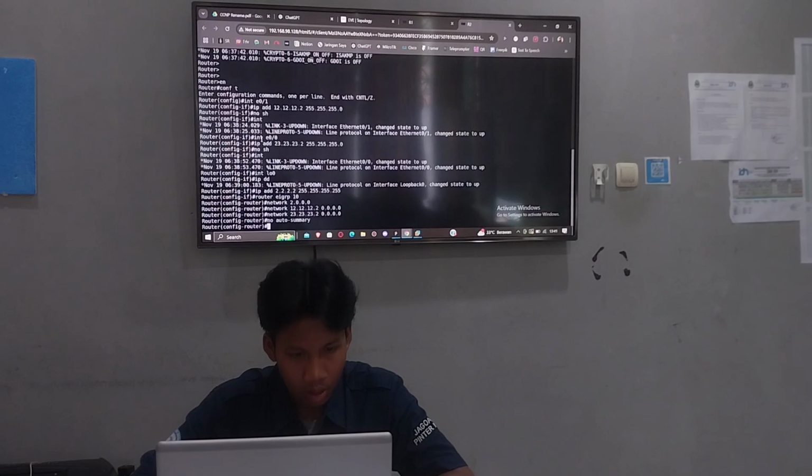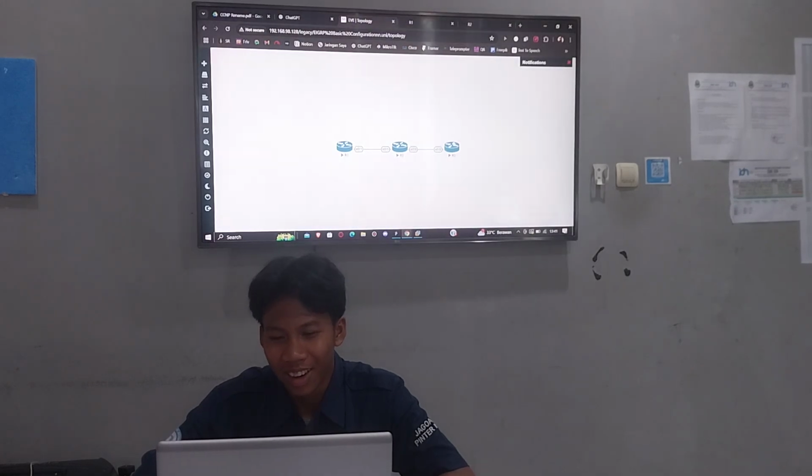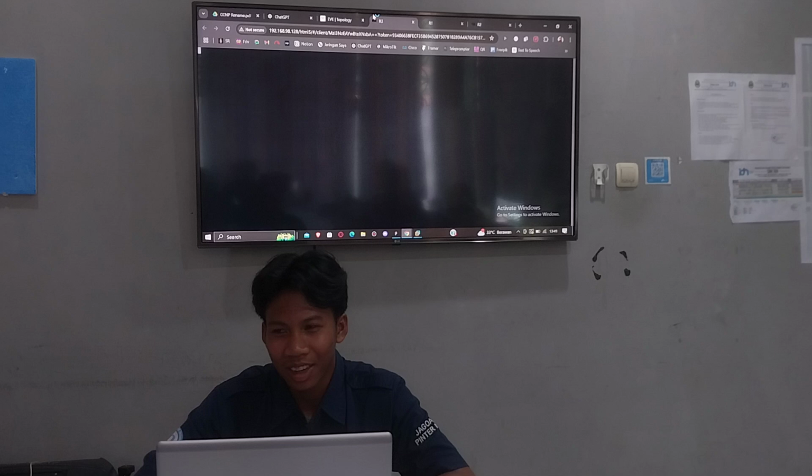For the Ethernet 0/0, the IP address is 23.2, and then the subnet mask is 255.255.255.0. No shutdown, and then give the interface loopback 0, and then add the IP 2.2, and then for the last is router 3.